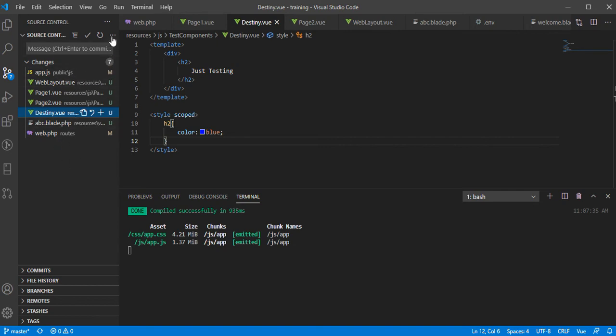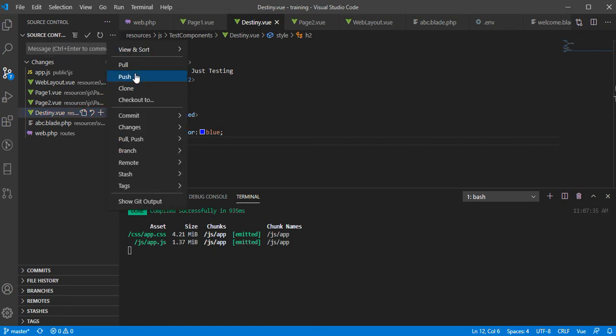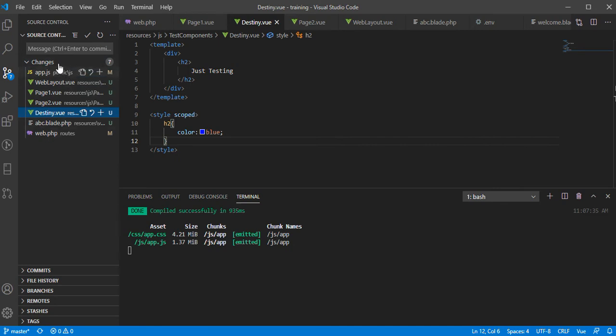That is if you don't have the update. Even if you have, when I click on pull now, if my copy is lagging behind, it's going to pull the updates, okay. Then if you've done anything on your own copy, you can simply push it. But before you push, you have to commit. These are the changes I've made so far since the initial publishing, okay. So I have to commit the change. First of all, I'll type a message here and press Ctrl Enter to commit it, or I click on this button. So let me just say